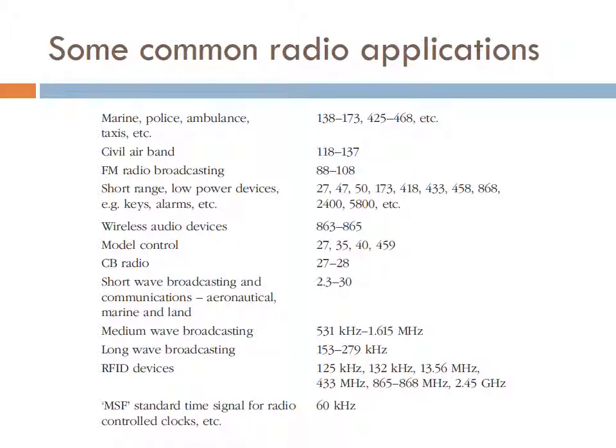Marine, police, ambulance, taxis 138 to 173, 425 to 468; civil air band 118 to 137; FM radio broadcasting 88 to 108; short range low power devices, keys, alarms 27, 47, 50, 173, etc.; wireless audio devices 863 to 865; model control 27, 35, 40, 454; CB radio 27, 28; short wave broadcasting and communication 2.3 to 30; medium wave broadcasting, long wave broadcasting, RFID, and the order of